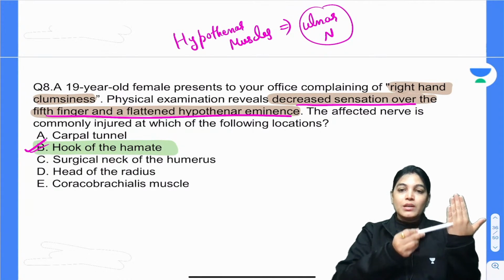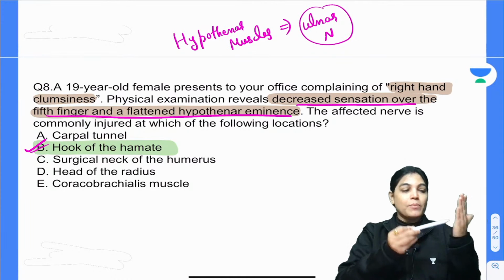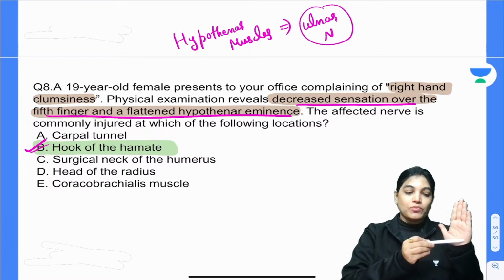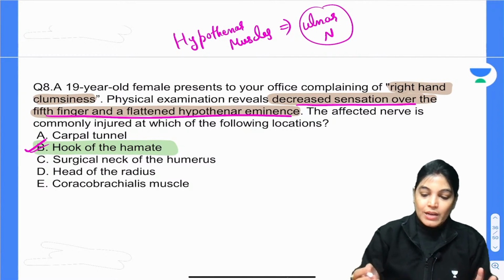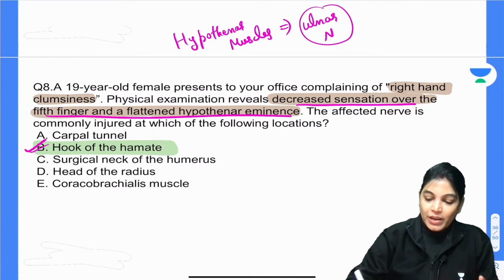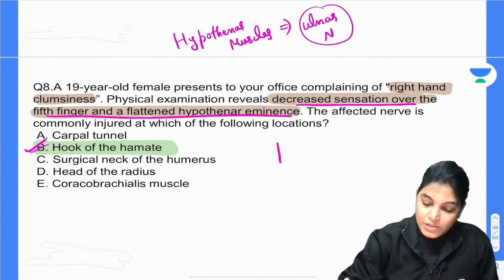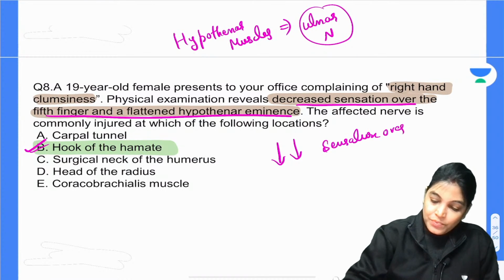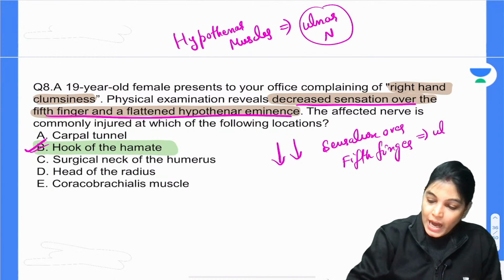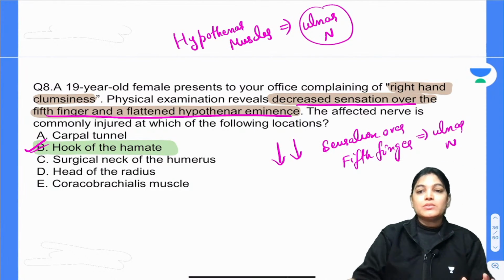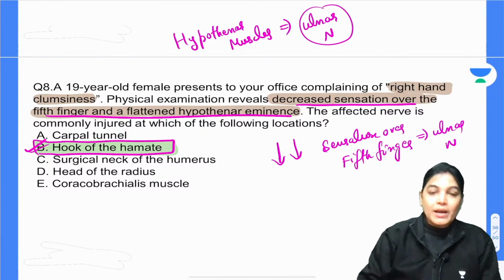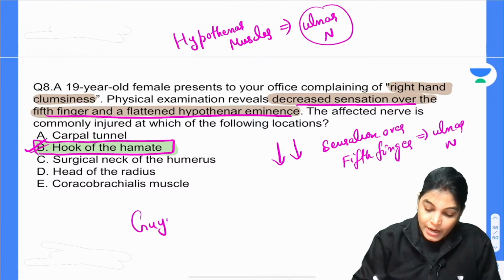So 1.5 dorsal fingers and dorsum, and the medial 1.5 fingers and the medial part of the palm get innervation from the ulnar nerve. So both decreased sensation over the fifth finger, that means a case of decreased sensation over the fifth finger, is also due to the ulnar nerve, and hypothenar muscle being affected is also due to the ulnar nerve. So the correct answer will be hook of Hamate, because